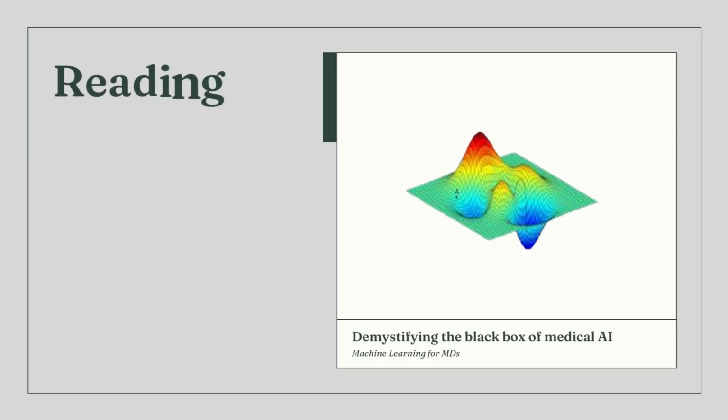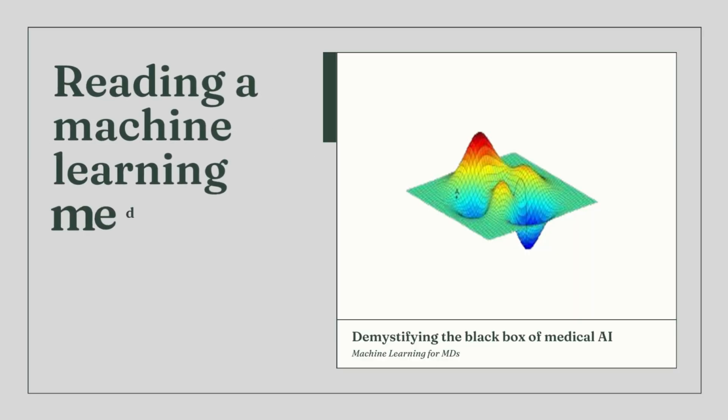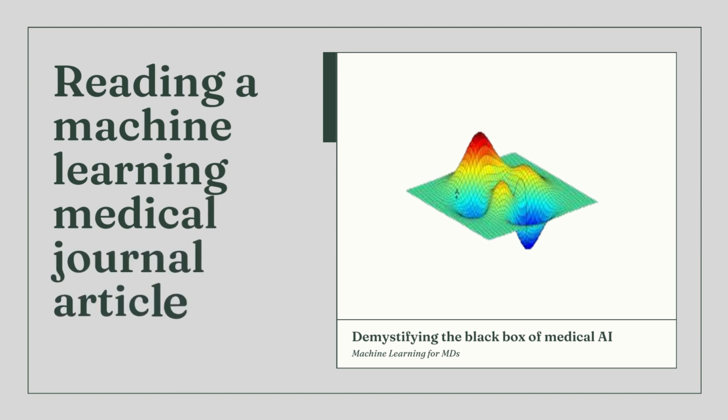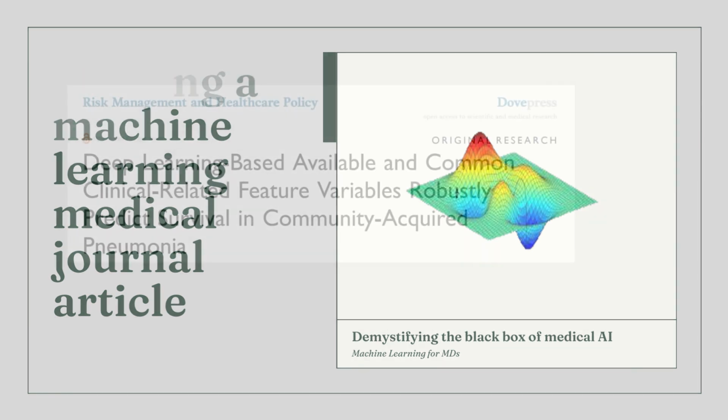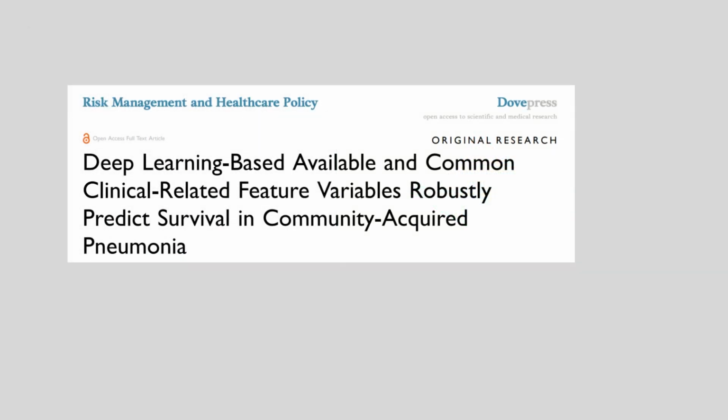Today will be part 2 of learning to read a medical journal article with machine learning. This video goes along with part 1 that explained the most important parts of a machine learning article. And today we'll go through an example, which is "Deep learning-based available and common clinical-related feature variables robustly predict survival